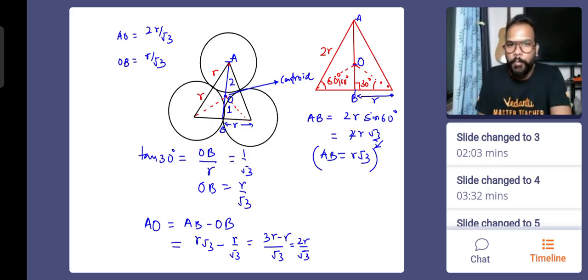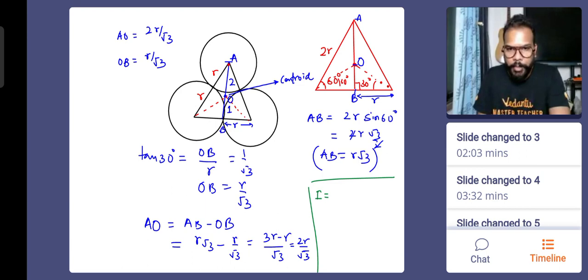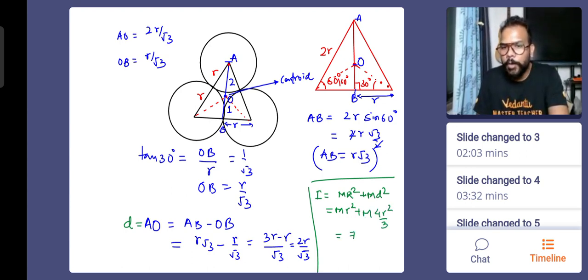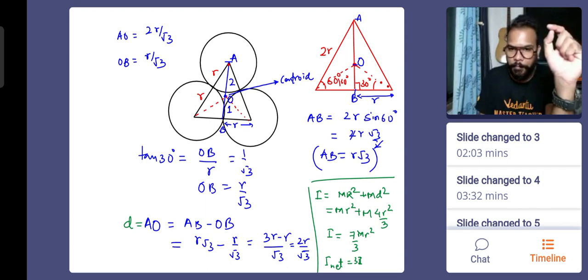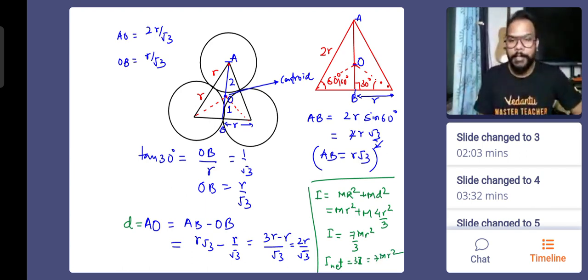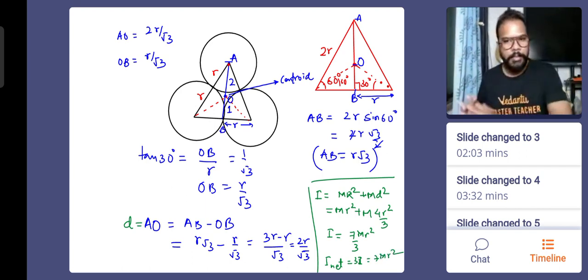अब हमें चाहिए होगा मोमेंट ऑफ इनर्शिया ऑफ द रिंग अबाउट एन एक्सिस पासिंग थ्रू ओ एंड परपेंडिकुलर टू दिस। तो पैरेलल एक्सिस थ्योरम लगानी पड़ेगी। तो पैरेलल एक्सिस थ्योरम लगाने के लिए मोमेंट ऑफ इनर्शिया आएगा, पहली बात तो किसी एक रिंग के लिए लिख रहा हूँ, अबाउट द नॉर्मल सेंटर होता है mr² यूजुअली, और आप कितने डिस्टेंस से शिफ्ट कर दिया हमने, ए ओ, ये हमारा d डिस्टेंस है, तो mr² प्लस md² कर रहा हूँ, सो दैट इज mr² स्मॉल r लिख रहा हूँ, और ये m इसका स्क्वायर किया तो क्या मिलेगा 4r²/3, करेक्ट। तो ये कितना हो गया टोटल, 3 + 4, 7mr²/3। ये एक रिंग के लिए आया। आई नेट आएगा कितना, 3 टाइम्स दिस वैल्यू, तो आंसर है 7mr²। ठीक है, और रेडियस ऑफ गायरेशन चाहिए तो इसको mk² से इक्वेट कर देना, √7 r इज द आंसर।